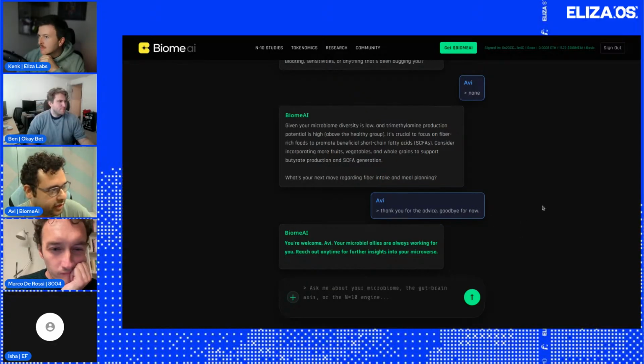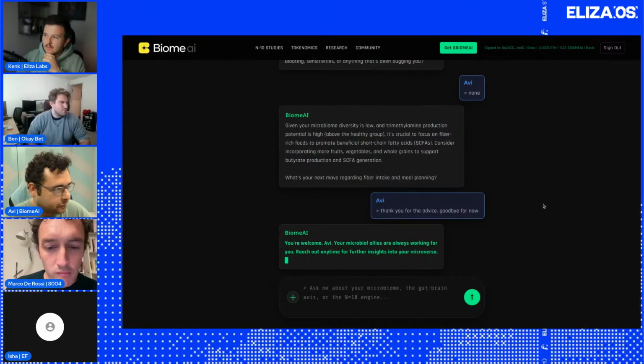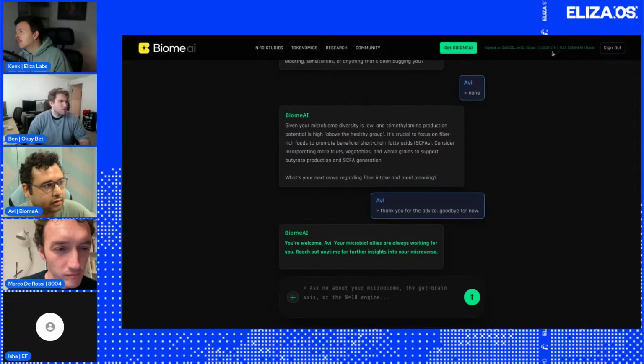It is very stateful. Instead of having multiple conversations like ChatGPT, we are aiming for a single stateful memory, so that every time the user comes back, it remembers. You can see I've logged in with my Base wallet here. I can see my Base balance and the BiomeAI token balance, 11.72.